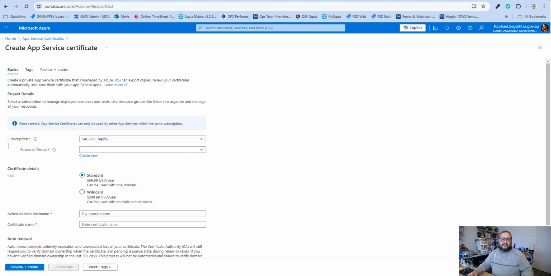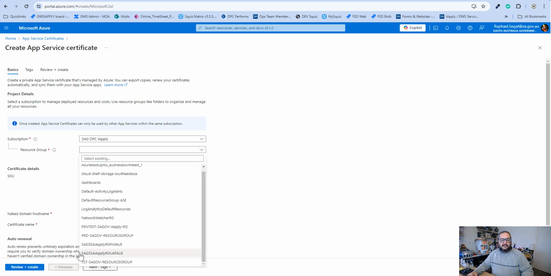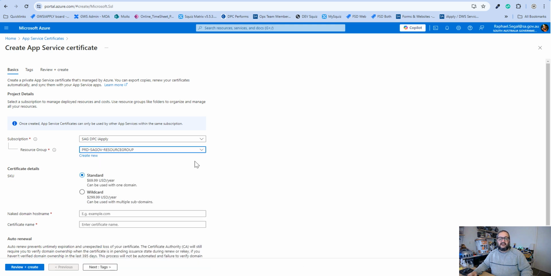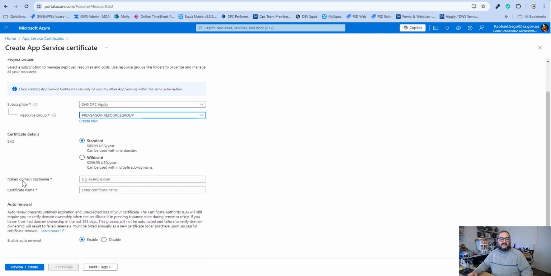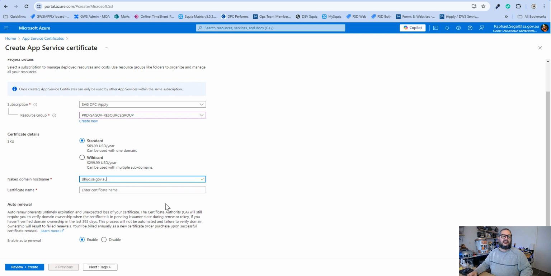Great. Now, on this screen, we need to choose the resource group, which will be PRD-SAGOV, or SAGov resource group. So that's the one that we're using, and that's the one we need. And the next line, naked domain host name, which is what we want, and we're going to put in dhud.sa.gov.au,